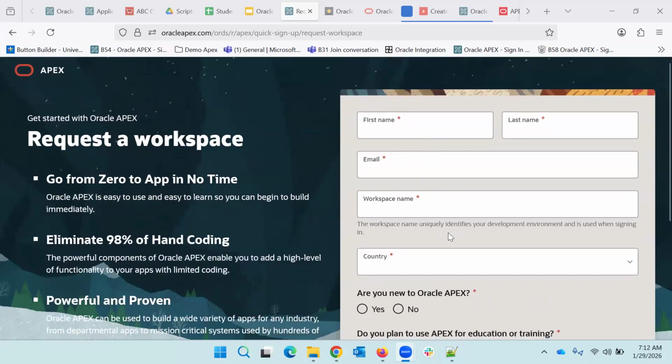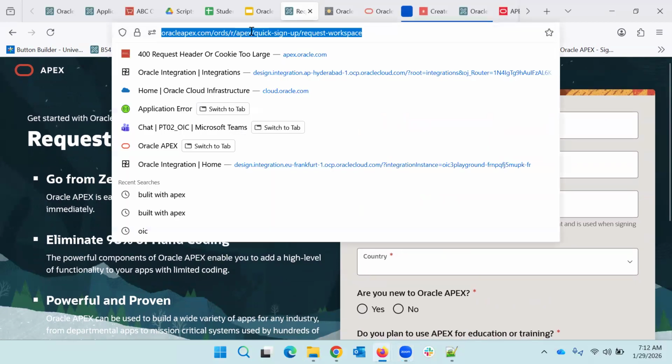So once your account gets created or activated, in the next screen, when you click on create workspace, it will ask you for the password. So you can provide your password at that time. And then how can we log in? Again, you can go to apex.oracle.com only,